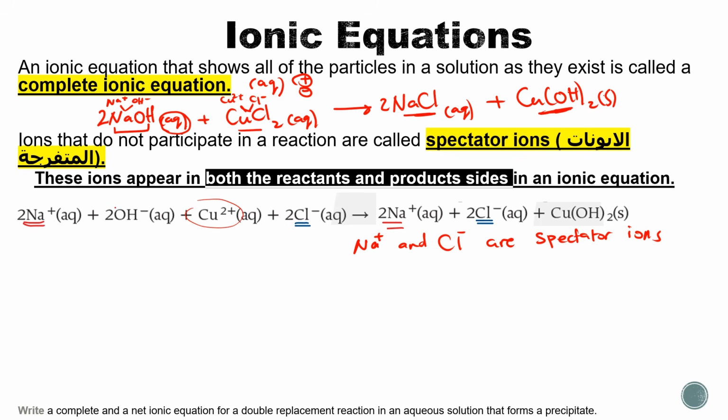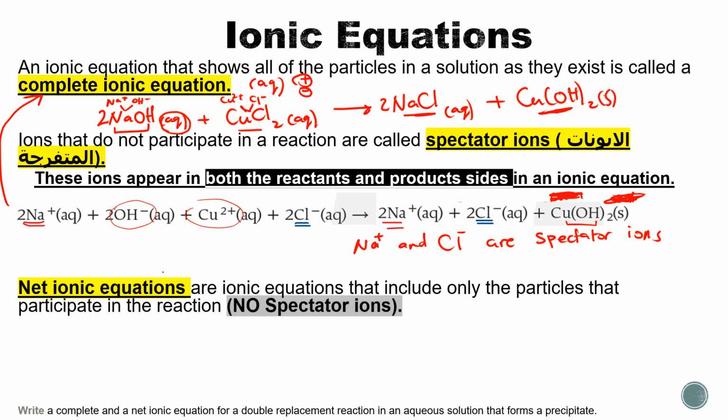الحين الCu plus 2 والOH minus موجودين بس في اليسار، مش موجودين في اليمين. موجودين في المركب، لكن لازم يكونون، قصدي انهم لازم يظهرون نفس الشيء. Cu plus 2 and OH minus، بس they are not here. But Na is here and here. Cl minus is here and here, so they are the spectator ions. So this is called the complete ionic equation. Okay? Now, we need to remove the spectator ions because we have another type of ionic equation, and this is